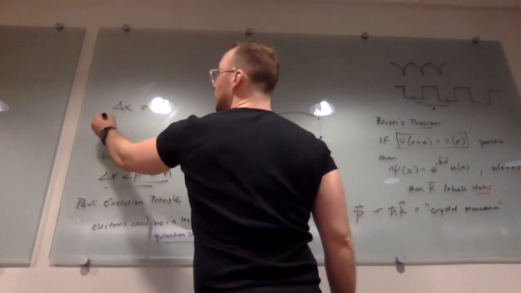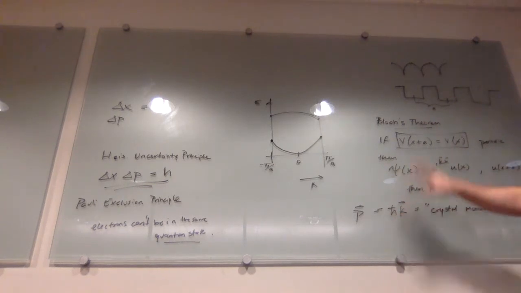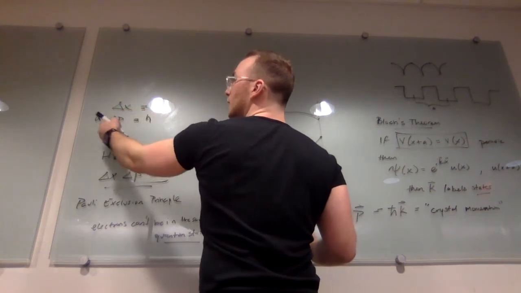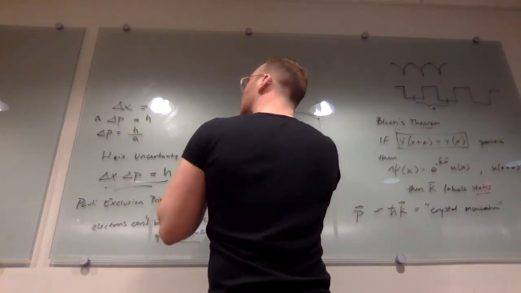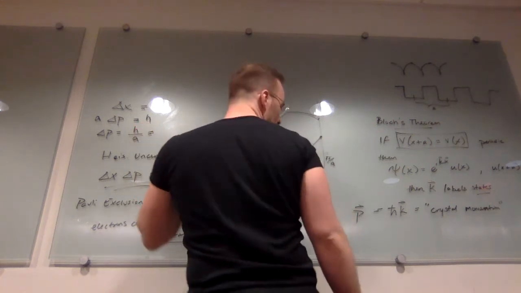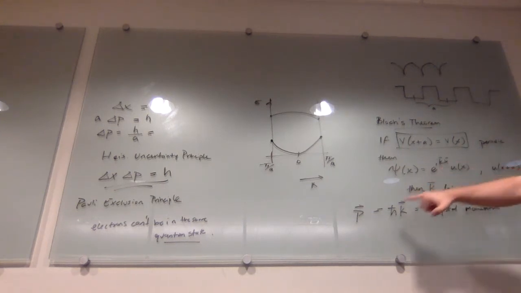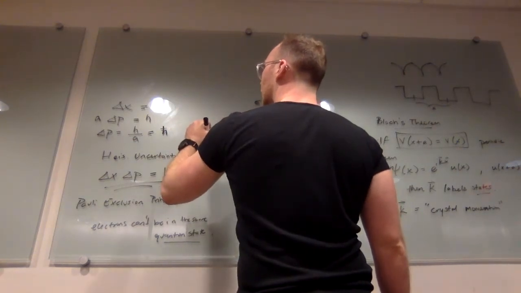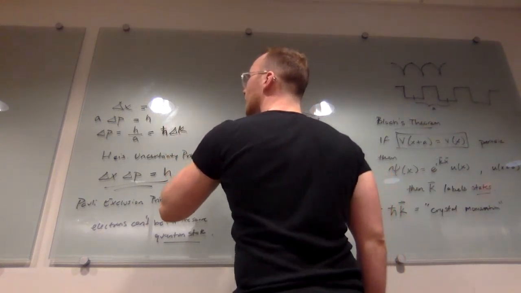So therefore, delta p, this is the uncertainty in the momentum of our state, which we don't quite know what that means yet. Actually, we do. I wrote it, but we'll get to that. So delta p is h. This is the limit for delta p, and then we get delta p is h over a, and then I said p is actually h bar times k, and k is this value here. So we can write this as h bar delta k,